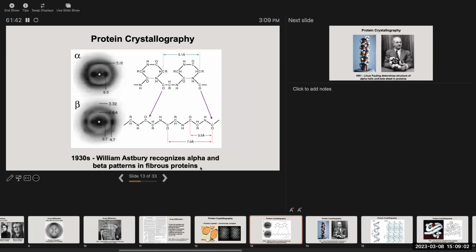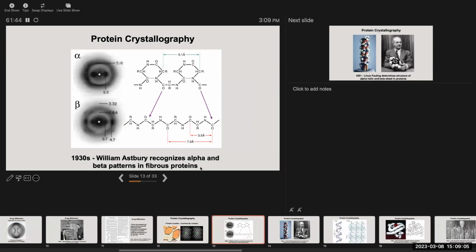So William Lawrence Bragg, as I mentioned earlier, had figured out the basics of X-ray crystallography in 1912 and had solved the structure of a really simple molecule like sodium chloride in 1912. Over the next couple decades, chemists all over the world just started taking anything they could find and sticking it into one of these X-ray crystallography devices to try to solve the 3D structure of it. And